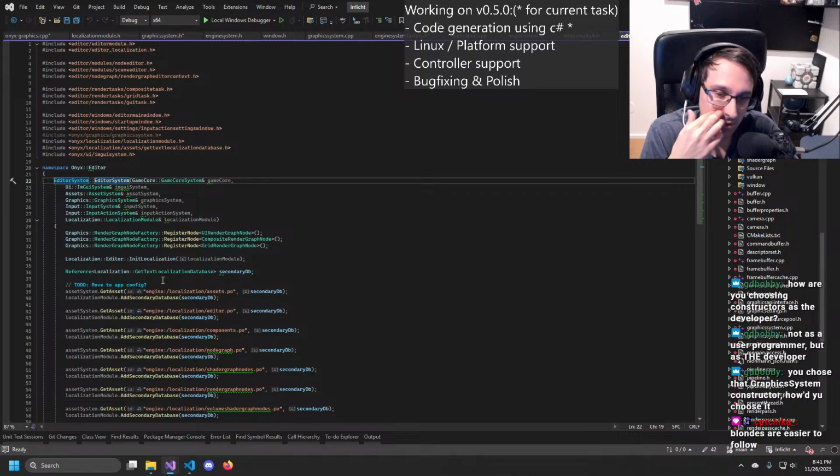Which yeah, it's not bad, but I don't know. So it's either that, or we live with the init function. We do the code generator that parses the init function.